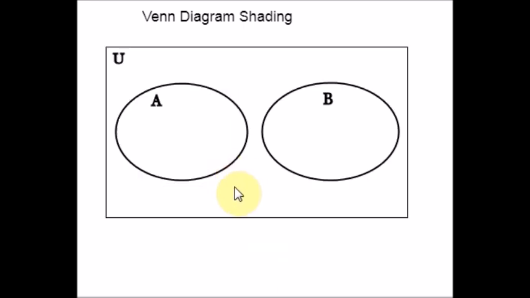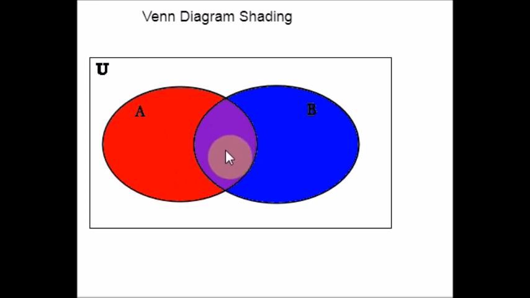If two sets are disjoint, this picture still works. I'm going to show you one more picture. This same picture will work for that too. If two sets are disjoint, A intersection B is empty. Remember that A intersection B is the purple region in the middle where A and B overlap. If this region is empty, then we can say two sets are disjoint.